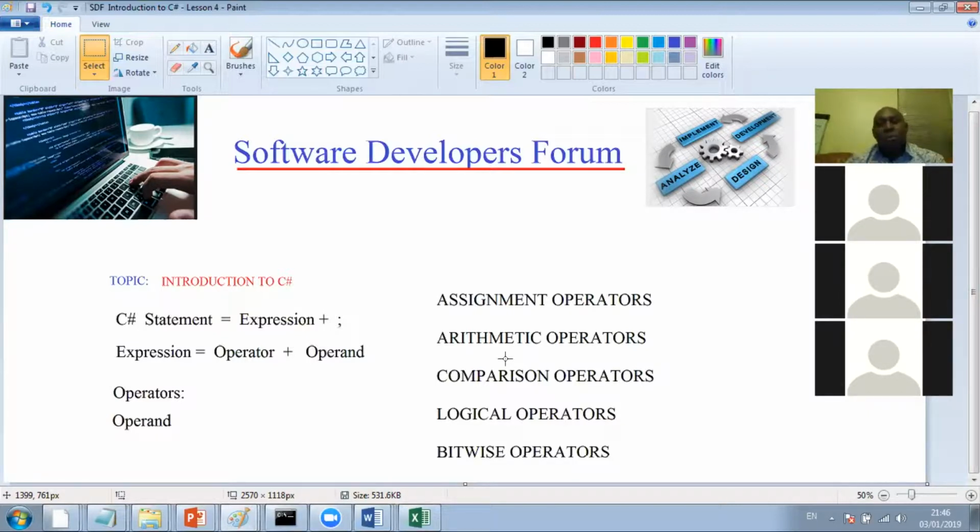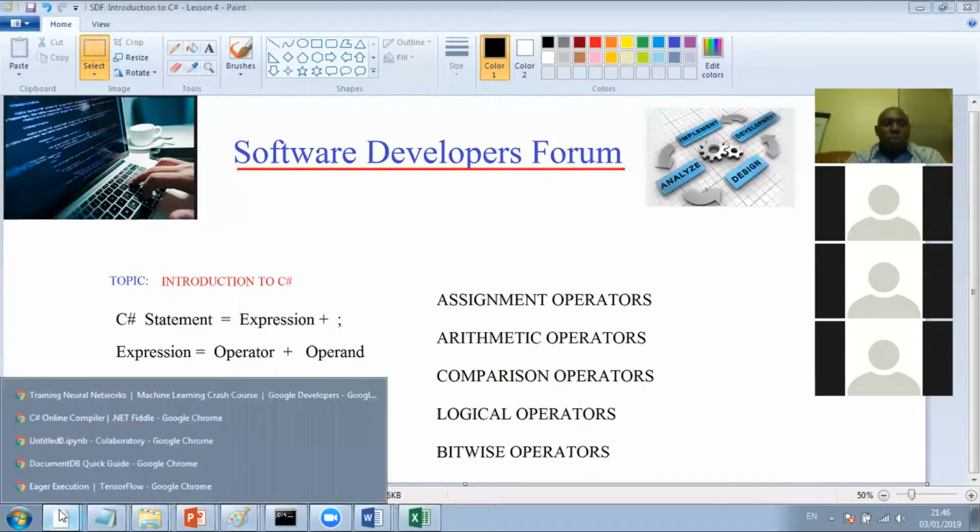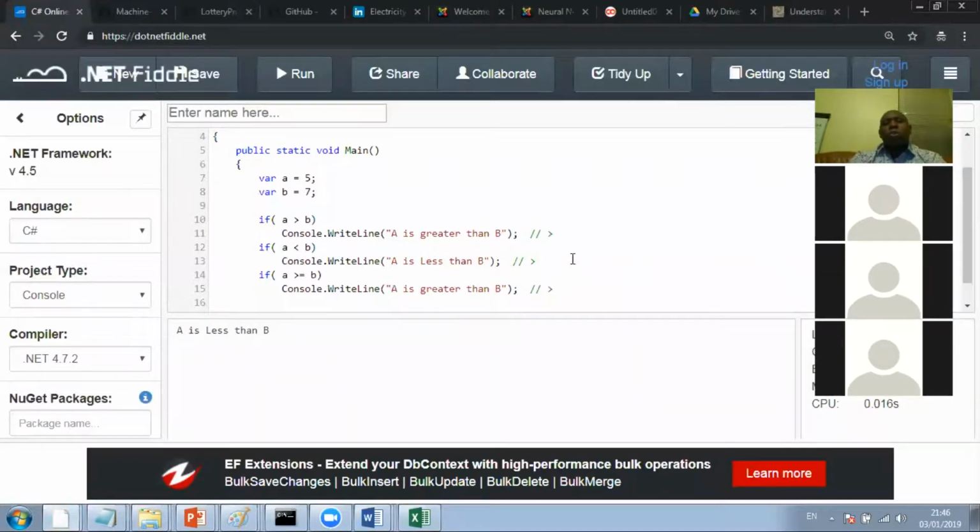We are going to look at that today under comparison. The comparison operator returns a true or false for any comparison. So let's say we have a memory location that has a value of 5, as we have in